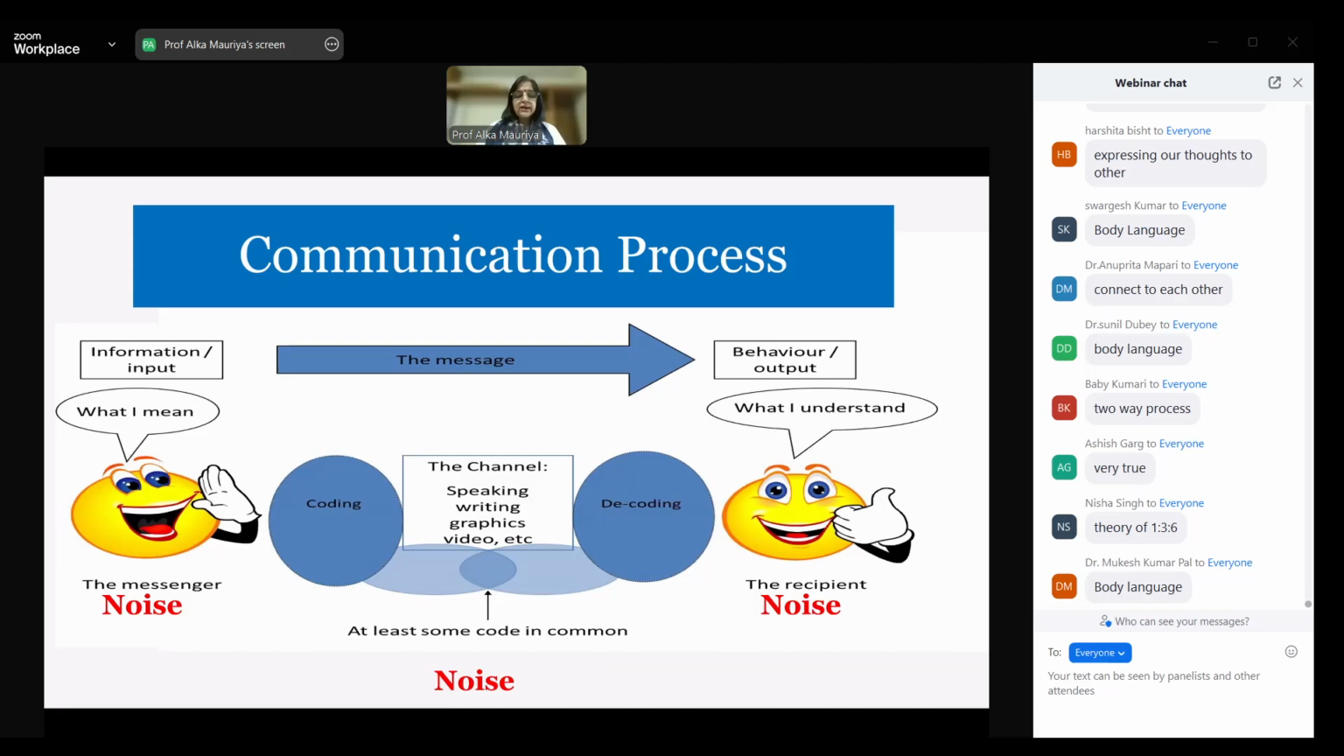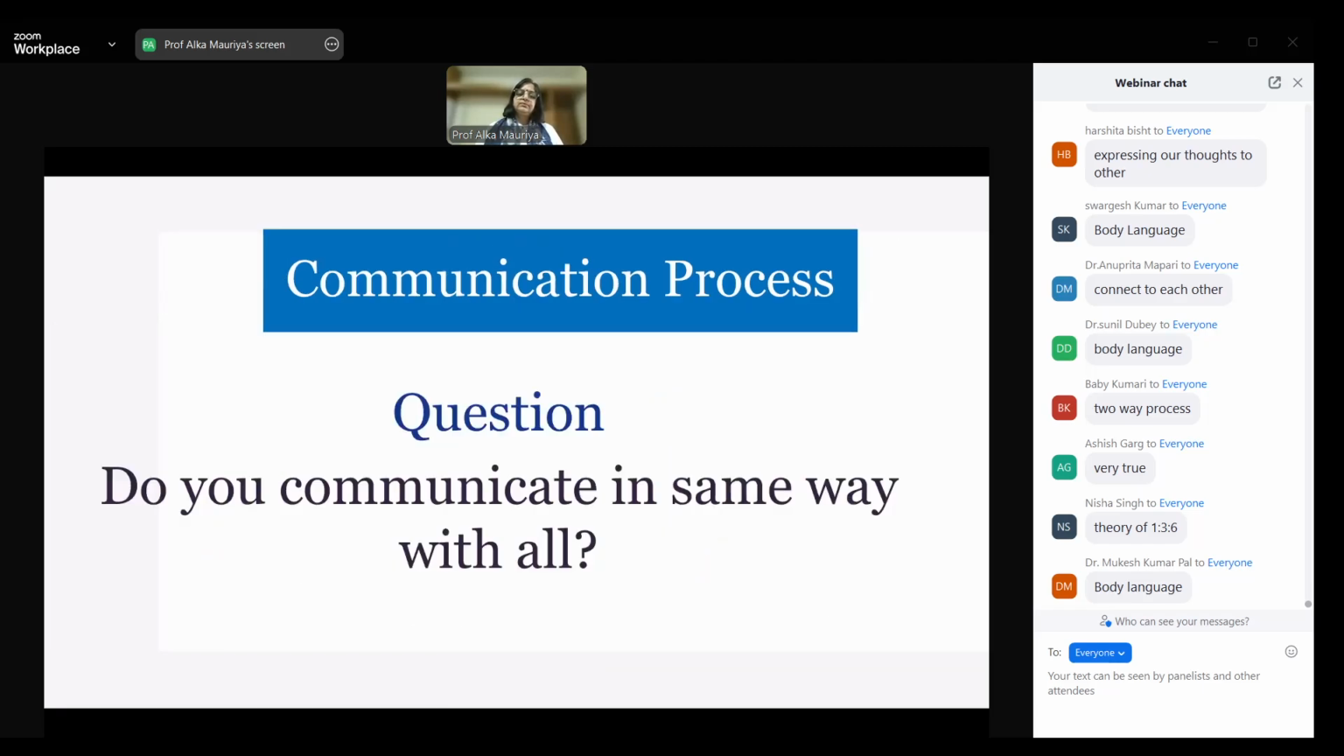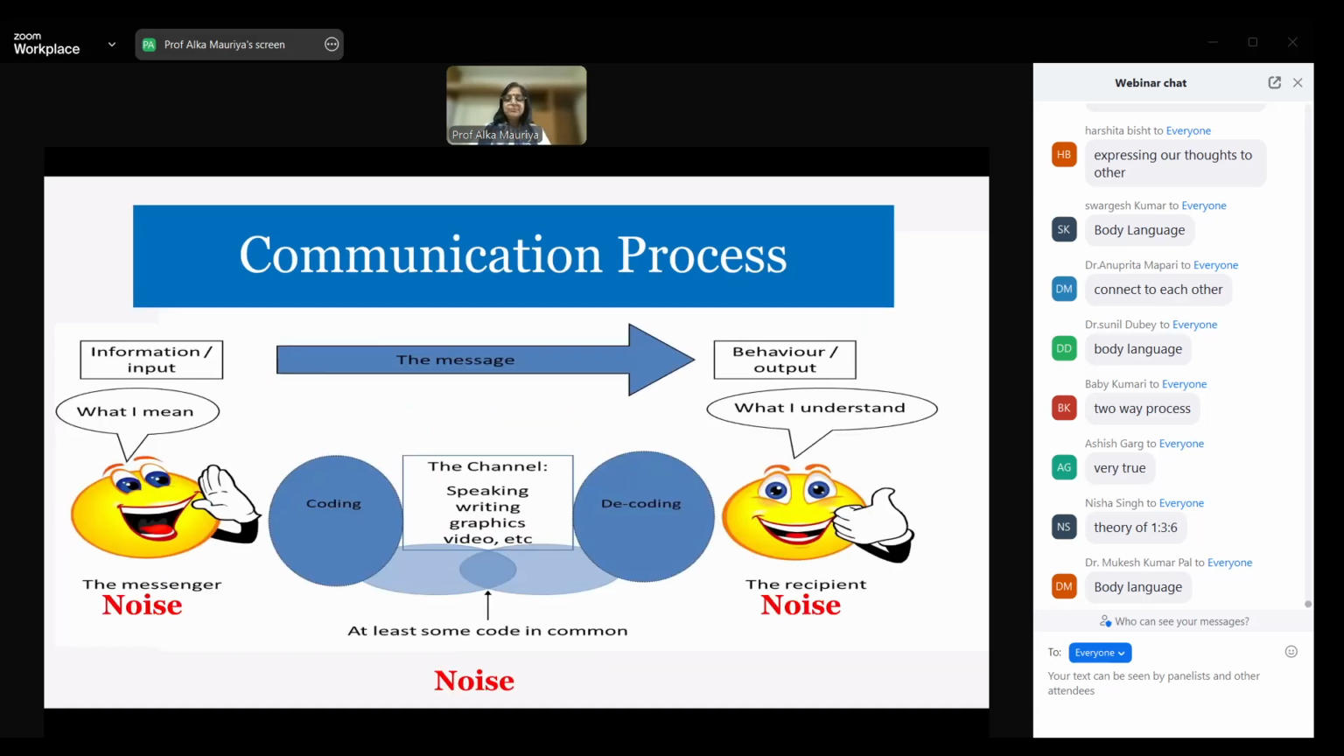And in the current scenario, we also have a lot of online platforms which are being used for the communication process, like the way we are communicating right now. This is online mode, which was not so frequent before COVID, but after that, we as educators have also adapted this mode of communication